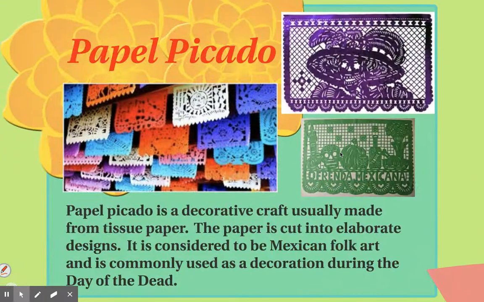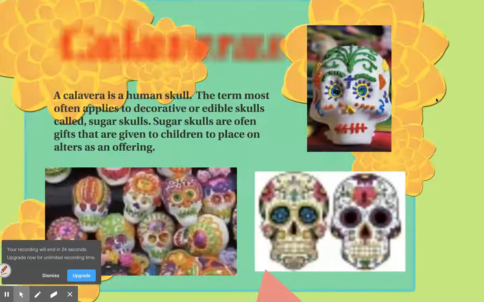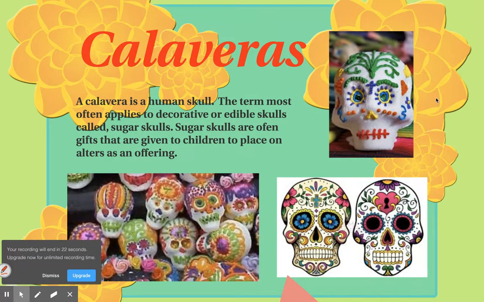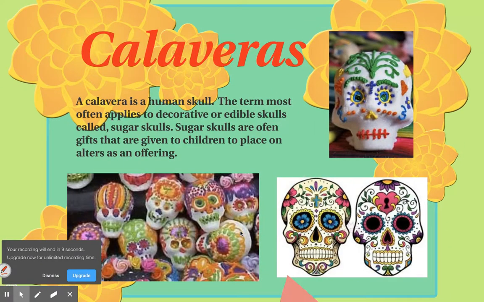In addition, you'll see a lot of papel picado, and this is decorative paper that's made from tissue paper, so it's really thin and fragile, and they cut out all these intricate designs. And lastly, we have the sugar skulls. The sugar skulls are our main attraction. They are made entirely out of sugar, and then we decorate them with icing from a cake, very symmetrical and even on both sides. So we'll be focusing on a lot of these different elements when we jump into our projects. So take a closer look at some of these pictures and